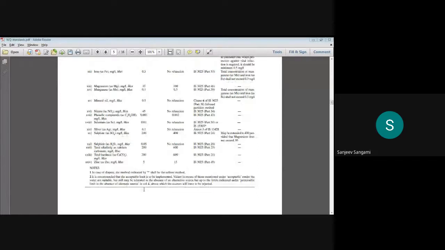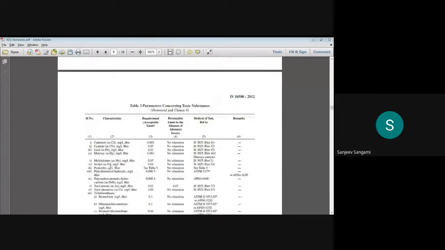Okay, then cadmium, cyanide. So you can see the cyanide. He has given the limit of 0.05 milligram per liter. Now one more code is coming, maybe in 2000, it has already come in 2017, but it is not that good. In the new code they are removing all of it, making this 0. Nothing should be there, cyanide concentration should not be there.